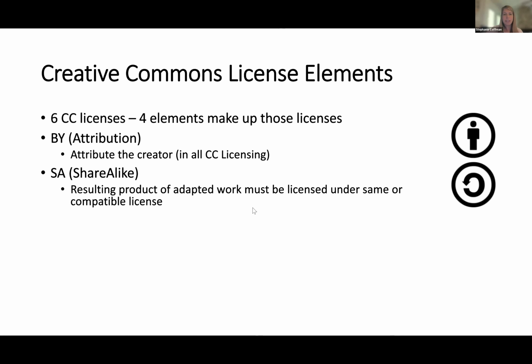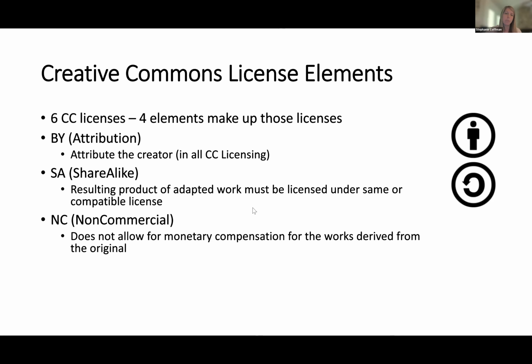The next one is the NC, or non-commercial. This one is actually pretty common for educators to put, because Creative Commons licenses are not limited to education. This is a license that anyone in any field could use. But the non-commercial allows for only non-commercial use by others. So you as the creator could profit and make money off of your